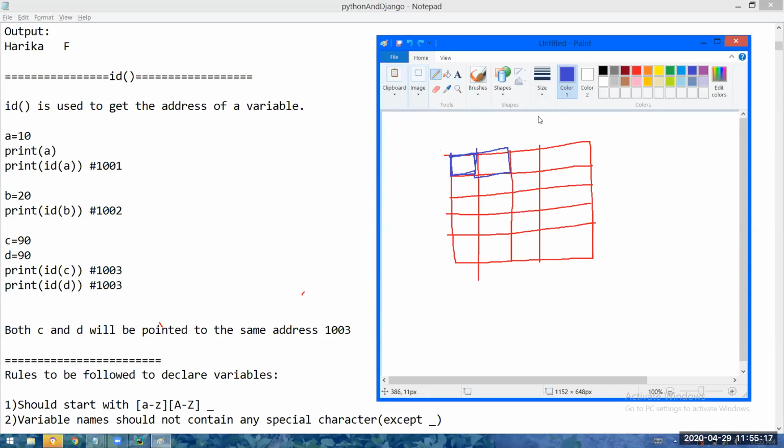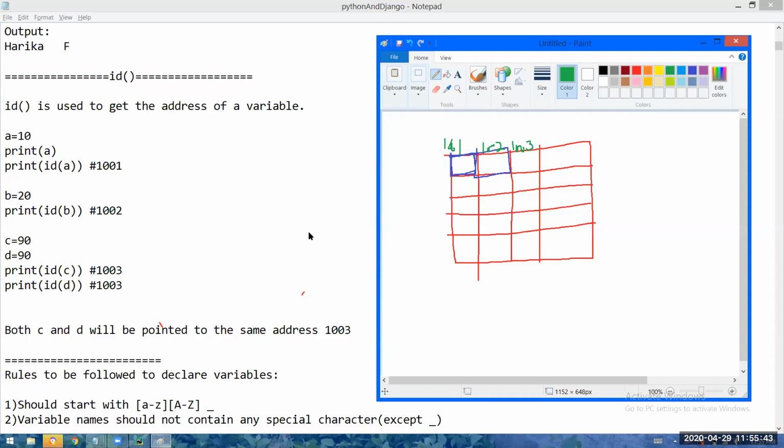Remember, each and every cell will have a unique address. The address of this cell is 1001, let us say. The address of this cell is 1002. The address of this cell is 1003. Like that, each and every cell will have a unique address.